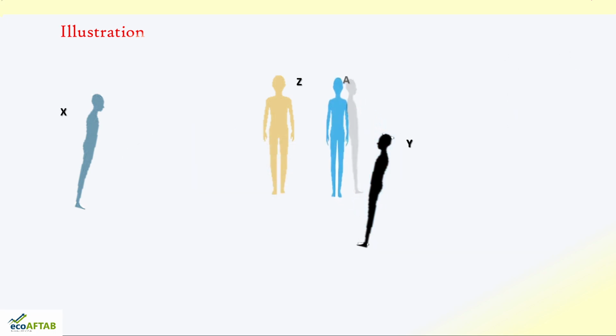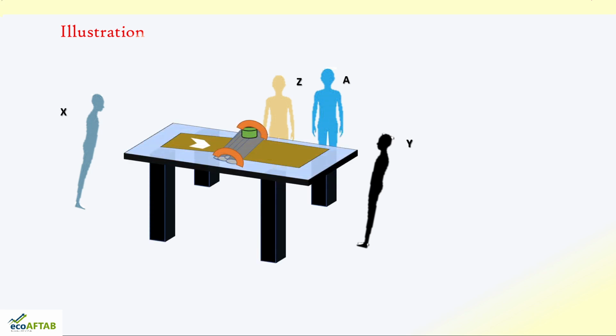If a fourth labor is also employed, let us say Mr. A is brought into the picture and the capacity of the machine is the same. Now what is going to happen? X is doing his job, Z is doing his job, and Y is doing his job. So there is no contribution of Mr. A on this machine. The productivity of Mr. A will be negligible. So now what is the situation? Now there are four laborers, and four laborers are also able to print only 45 sheets of paper.